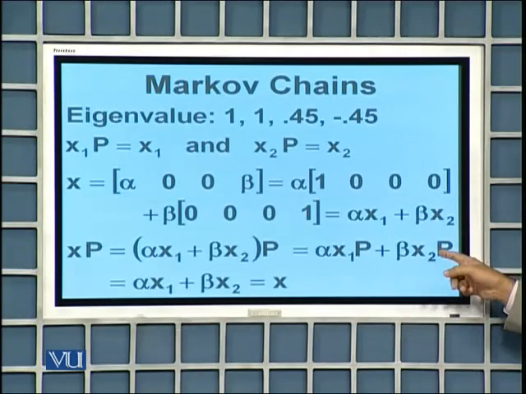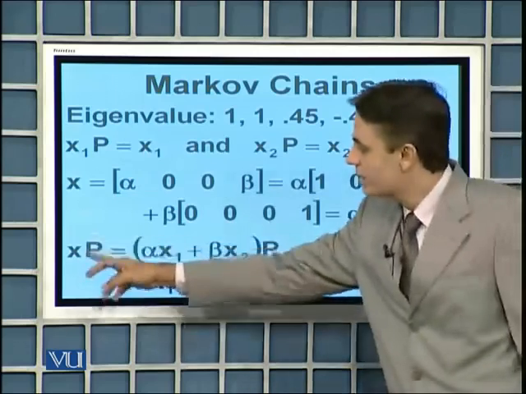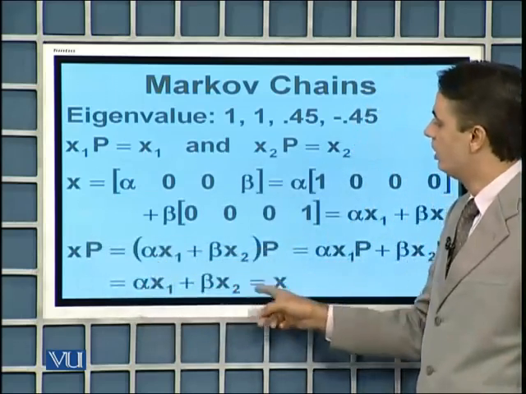Similarly, x2 times P is also going to be x2 because x2 is also an eigenvector. So if we replace that, the result of x times P is alpha x1 plus beta x2,